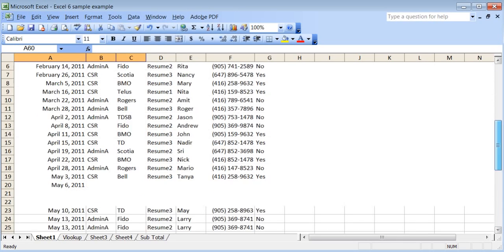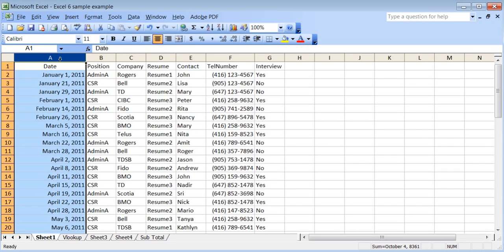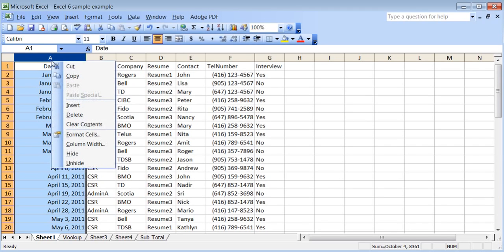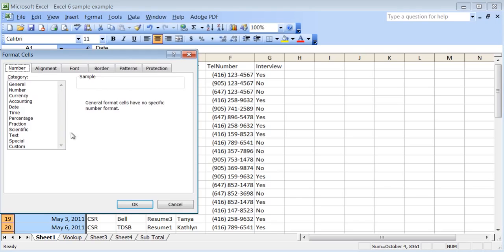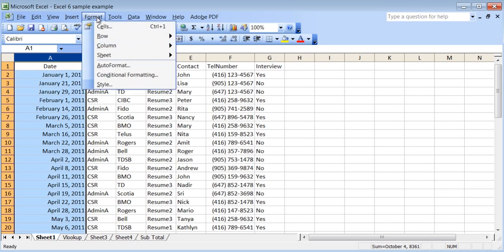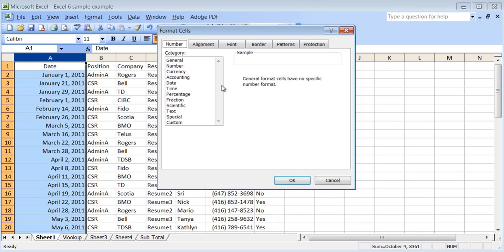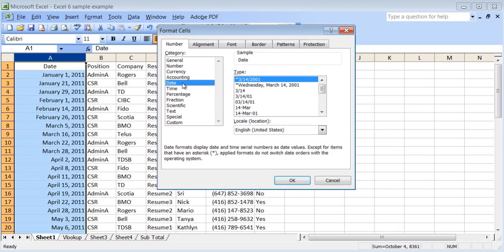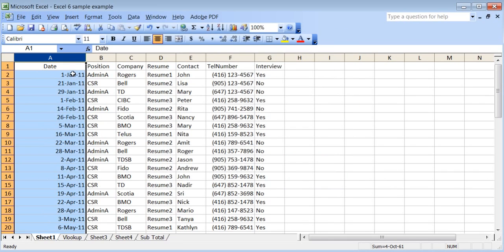And what I did is, for my date, I clicked on the top, I right clicked, and I went to format cells, and you get this window. Or you can, once you highlight, when you click on A, it highlights the whole column. You can go to format cells, and here I told it that this is a date and I want a particular format. So say I want this format, and I click OK, and you see it goes to that